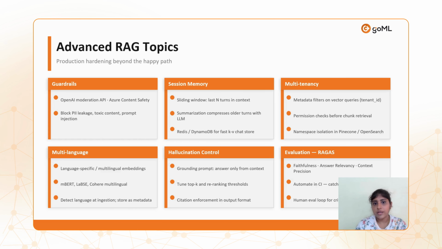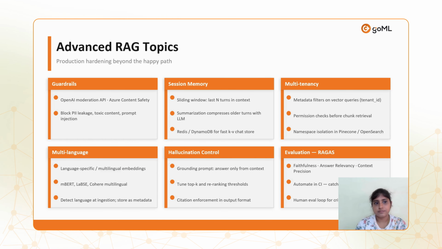These metrics are implemented and automated as a regression test in the CI pipeline. So any change in any component, like chunking strategy, embedding model, or prompt that degrades any of these metrics is blocked